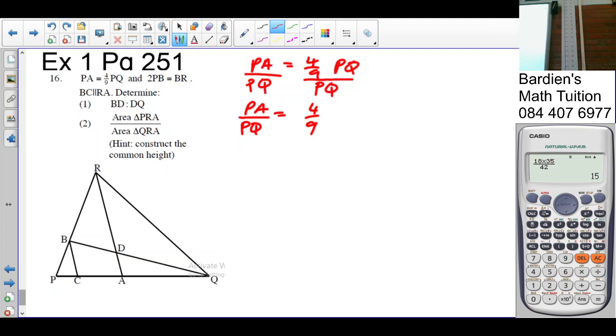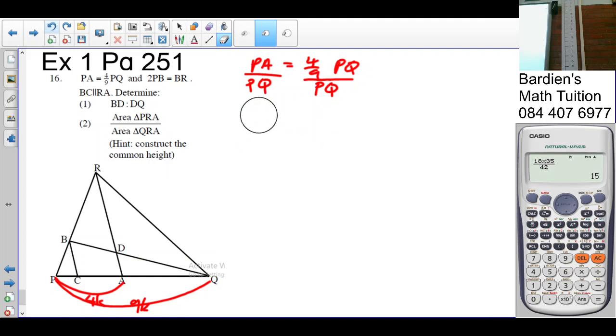So PA is going to be 4k, and PQ is going to be 9k. So what is AQ? 5k. Are you all okay with that? Right. In the back of my mind, I know that's 5k, and we'll probably need it later. Okay? Then we are told that